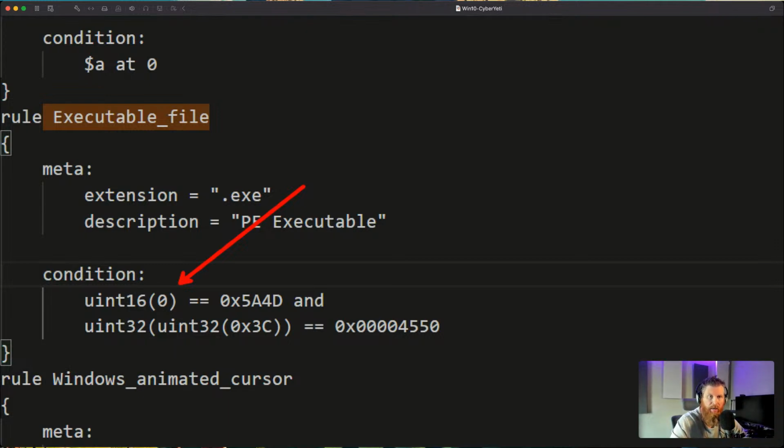Well, this rule here is looking at the beginning. uint16(0) says look at the beginning, offset 0, byte 0 of the file to look for this pattern, right? And so if that pattern is 1 byte off or further in the content, or maybe you're looking at a memory dump with a lot of PE files, you have to take a different approach to identifying those, right? Same with identifying additional content in PCAPs. You have to be able to search throughout the content of the file in a reliable way.